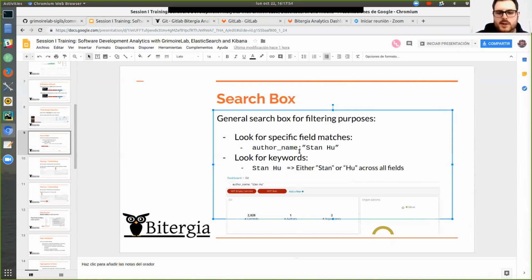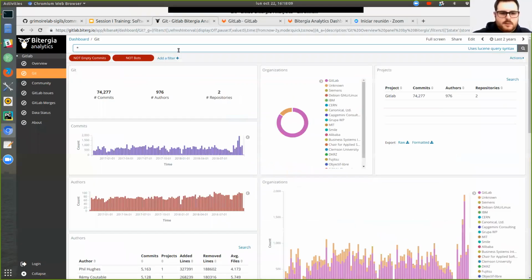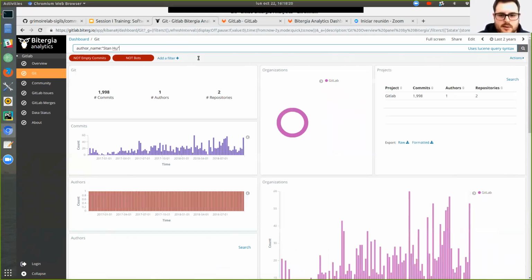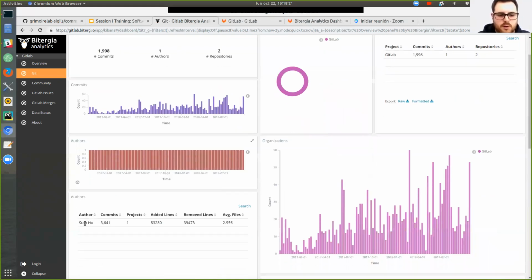In this case, the field is called author name, so we need to perform a specific query for that. The syntax uses the Lucene query syntax. So we can perform this query by writing the field and the name, and you will get this information for this author. You see it here. Or